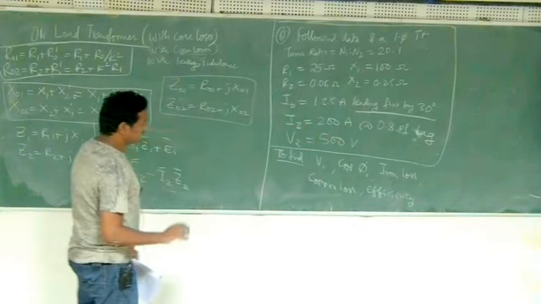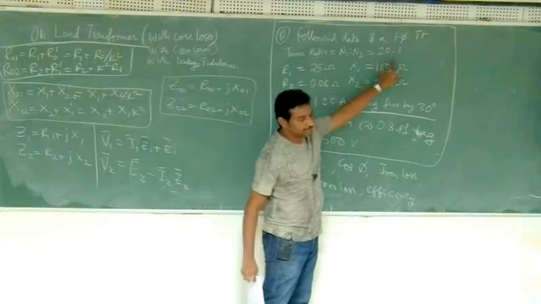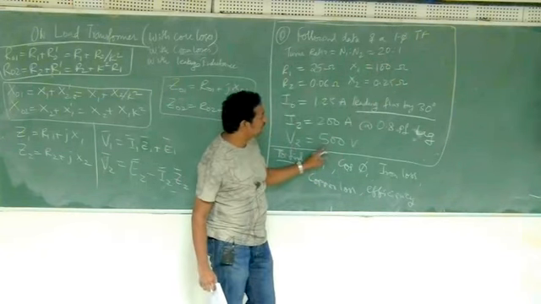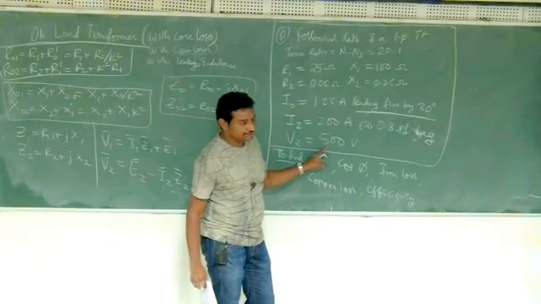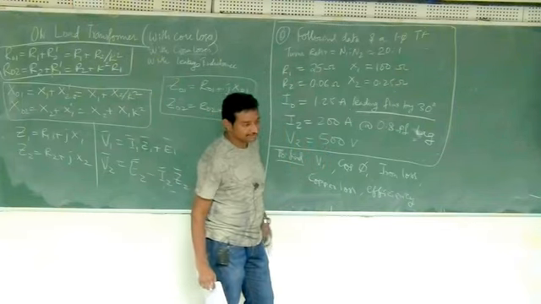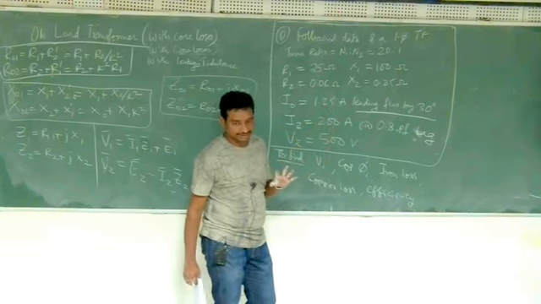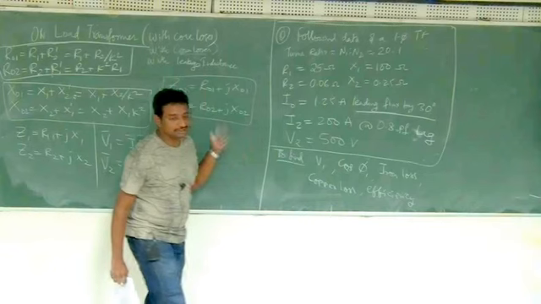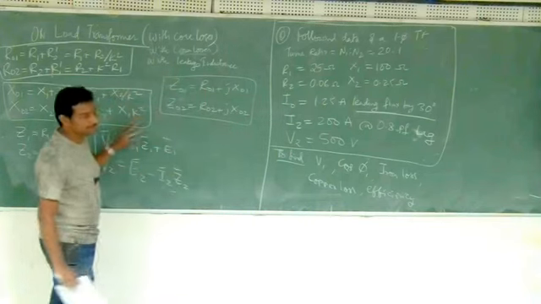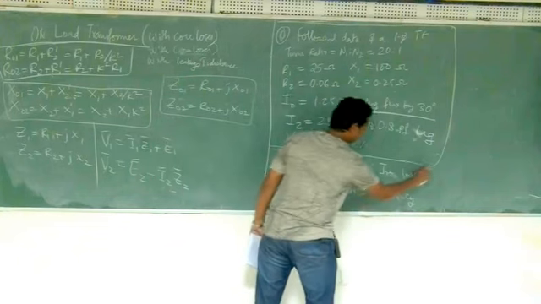See, can you tell one thing? The ratio is 20:1. So if 500 volts is at the terminals, what should be at the terminals of the primary side approximately? If I take 500 into 20, I get 1000 volts. But the answer should be more than 1000 because there are some drops in between. So this is all you have to find out.